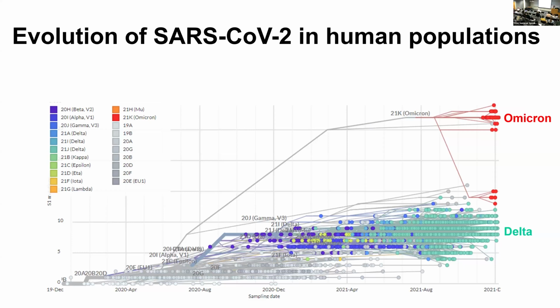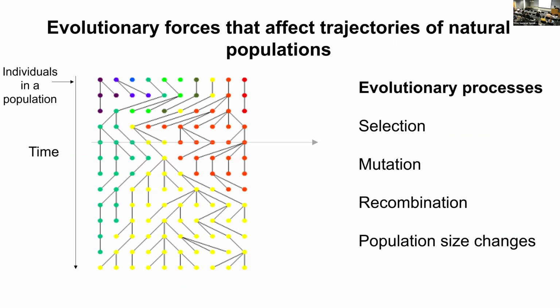we can also use genetic variation data within a species to understand how pathogenic species evolve within their hosts. For instance, this is for SARS-CoV-2 in human populations, and you can really use population genetics to try to understand or make predictions about resistance alleles and other evolutionary dynamics, right? But to be able to do these things, we need to understand how evolutionary processes really shape genetic variation. And by that, I mean all of these processes that David just talked about already, which is selection, mutation, recombination,